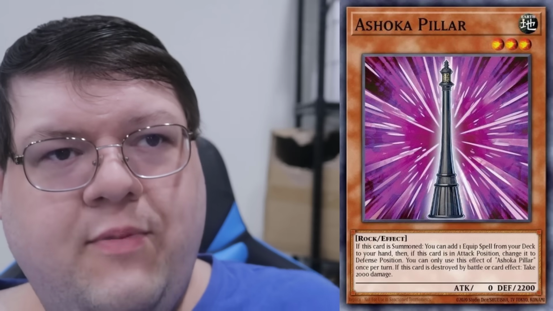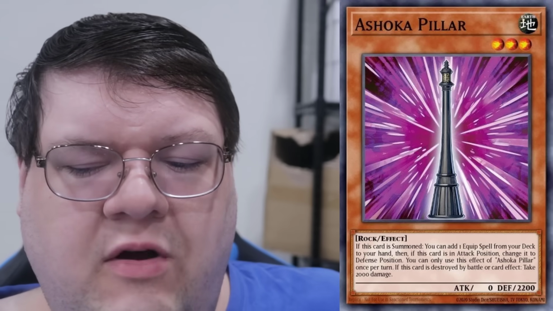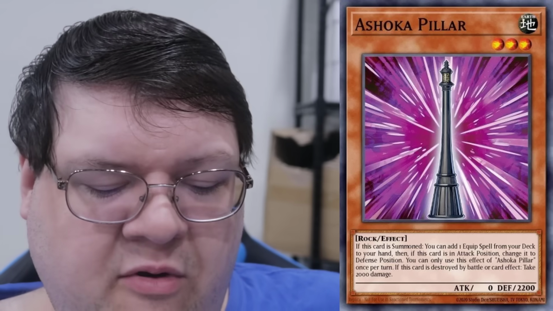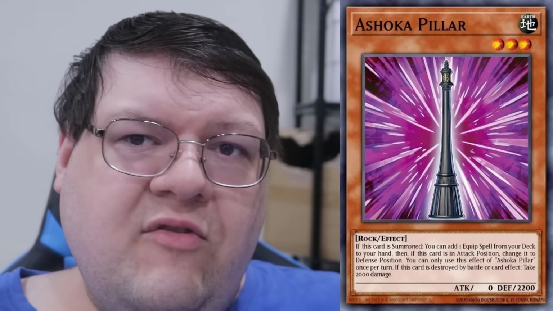Next up is the Ashoka Pillar. Now, this is a huge one because Ashoka Pillar is a broken card in its own right. Literally on special or normal, all right, whatever it's summoned, you get to add an equip spell card from your deck to your hand. Now, let's think about this for a second. Snatch Steal? Oh, any Minkanko spell card that's an equip? Yes, you get access to either, whichever devastating path that you want to go down to punish your opponent with